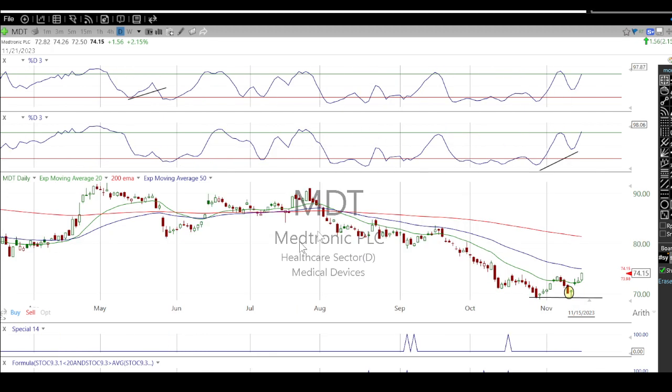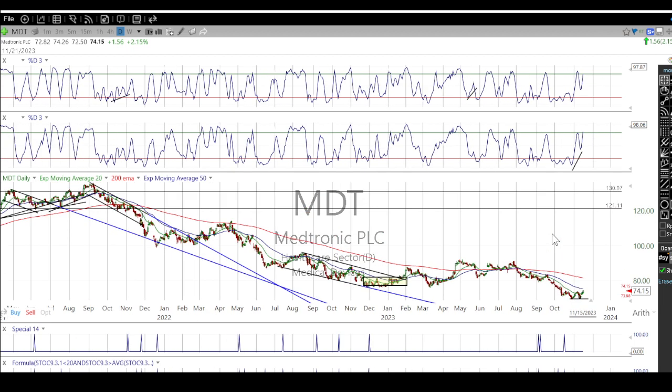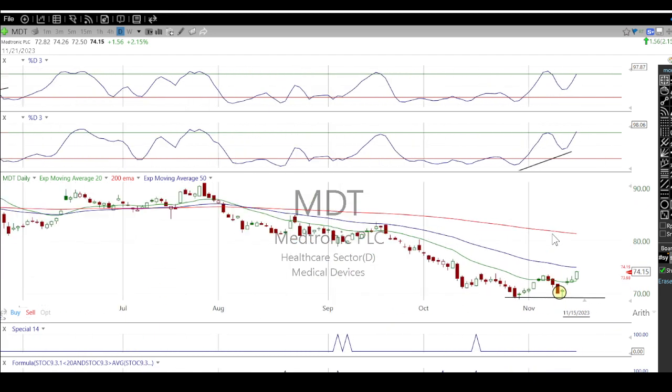One last divergence here on our list is Medtronic, which was went over on the video, and you can see this. Perfect, right? Double bottom. Says watch for that turn back up. If we got that turn back up, it's going to be a double bottom divergence. It's exactly what it is. So it still looks pretty good. I don't have a position in this, but we do go over a lot of them. I take some positions in some, and the others just get sent out as alerts. But this also continues to look like a great bottom play here.